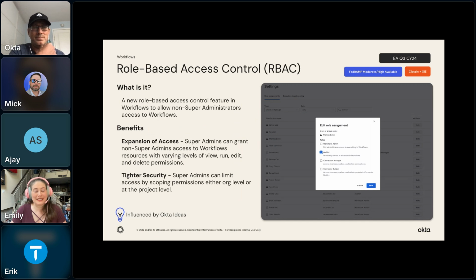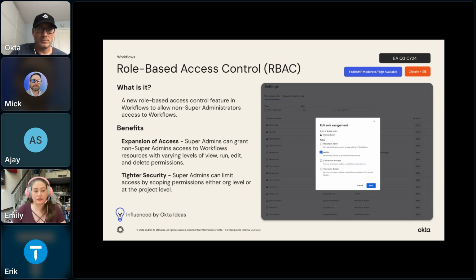You don't have to be a super admin anymore to access workflows. And there's a whole host of different roles and access. You can see here, there's 4 different types of roles. And this is just phase 1. We have already in place more roles that are coming, more access controls.